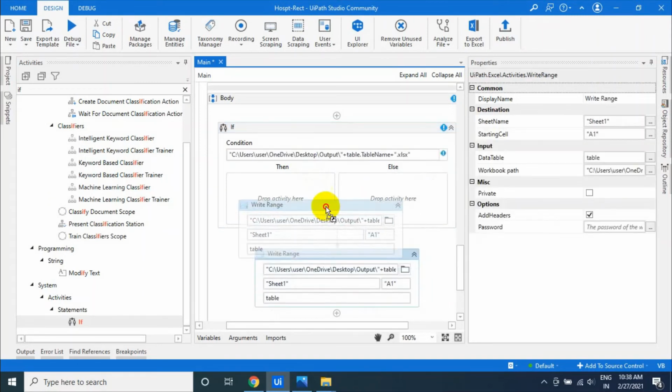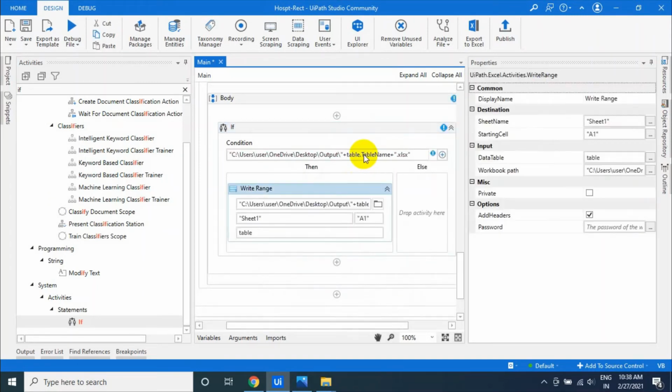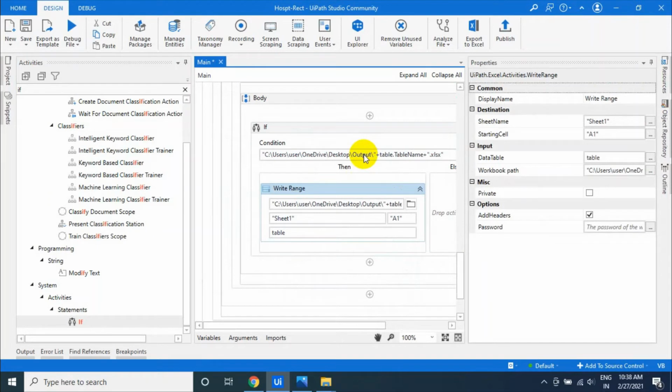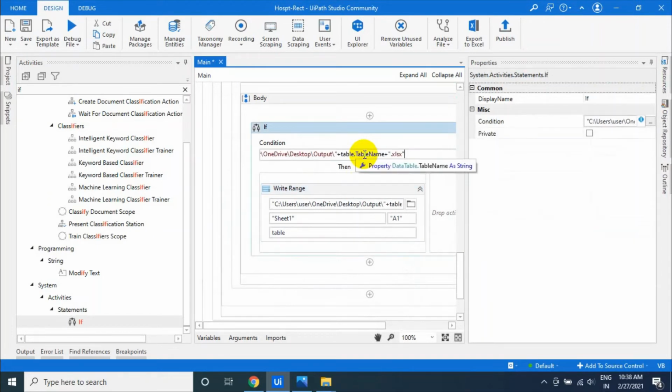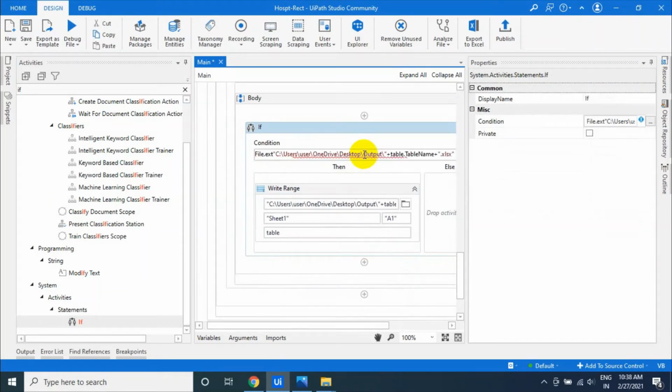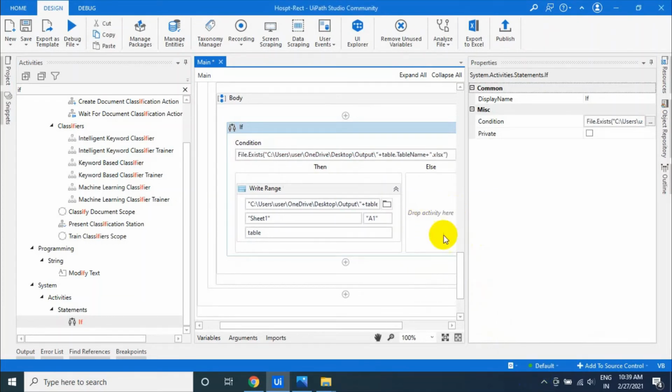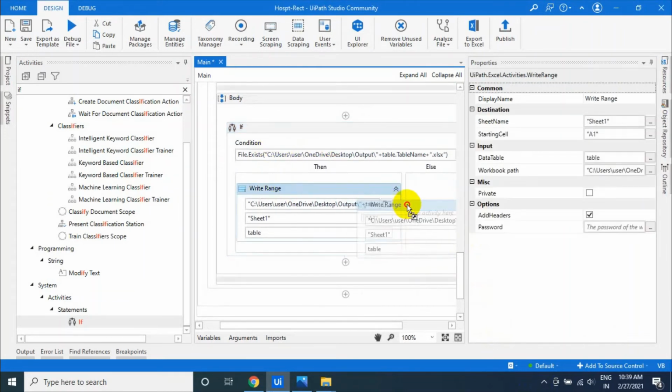If it is not there, check File.Exists. So if the file exists, it has to append.